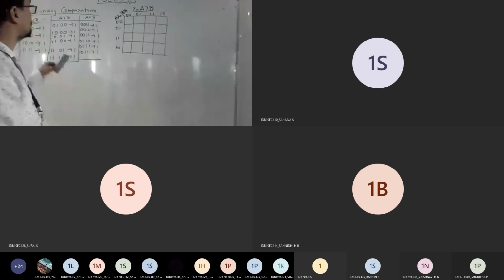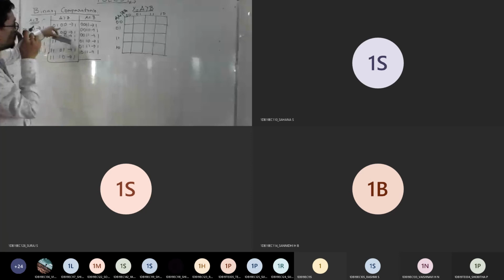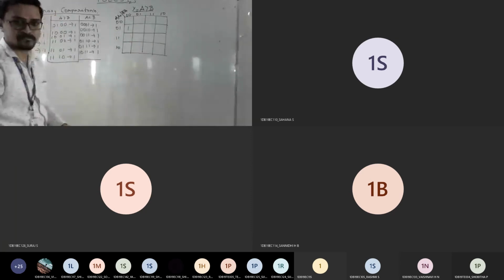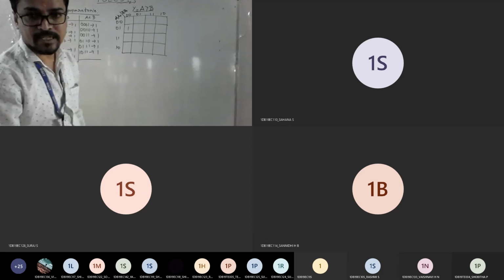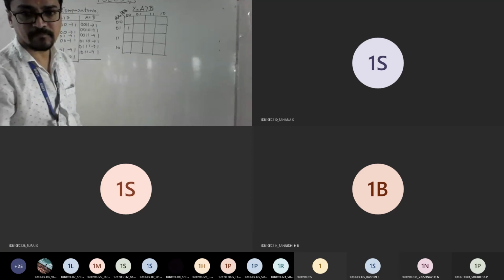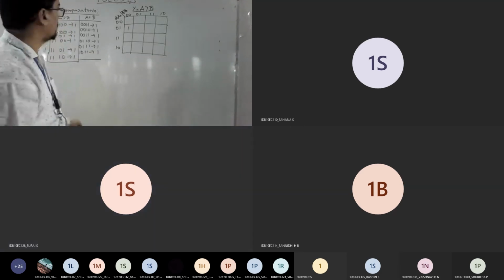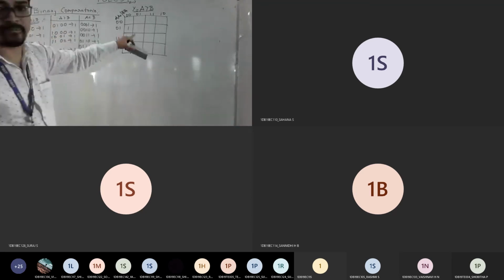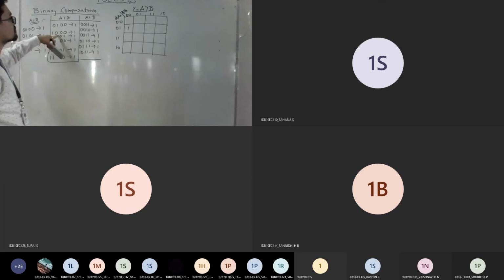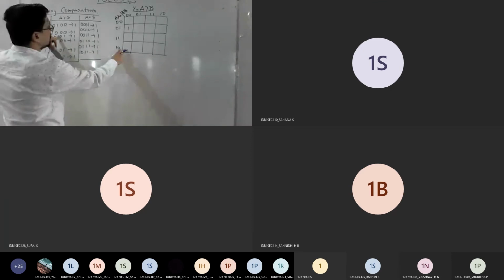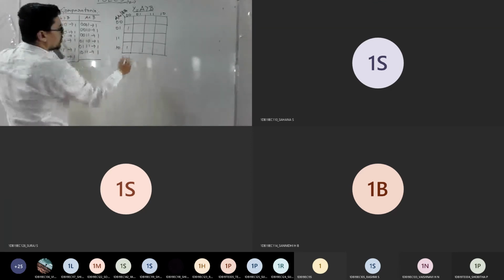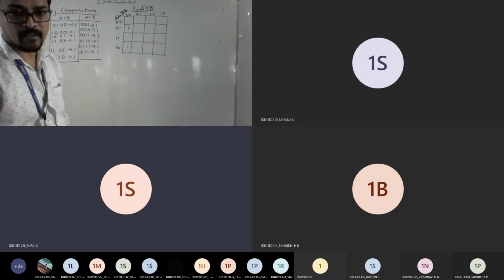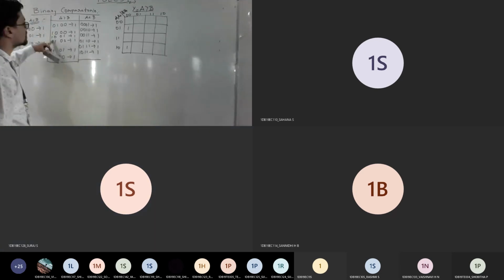I have taken this combination for A greater than B. Look here: 0 1 0 0. So 0 1 is here, 0 0 is here. Can I write 1 here? Everyone getting it? Similarly, that's why I marked only the entries having 1, so that I can write the K map easily. Then 1 0 0 0. Where is 1 0? That is here, 0 0 is here only. So can I mark 1 here also? Yes, sir.